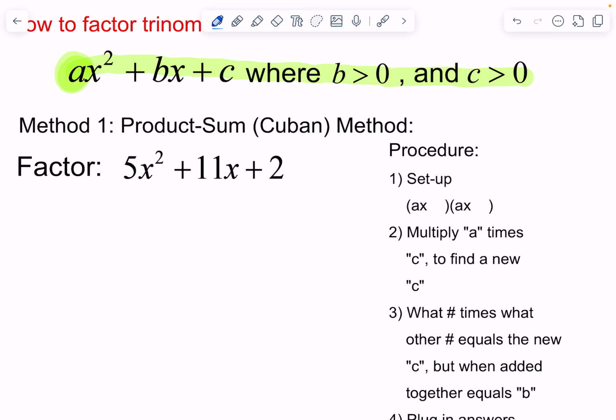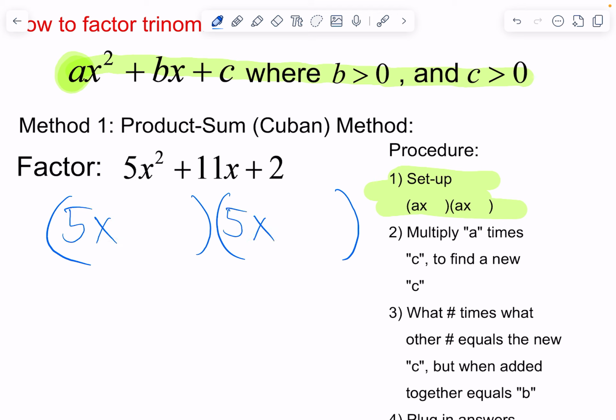First off, setup. The setup, as you can see here, is going to be simply an AX and an AX. Very similar to our other setup when a is 1, but we're going to repeat the A. All right, step 2. We're going to multiply the A times the C to find what I like to call a new C. So if we take that A, which is 5, times the current C, which is 2, my new C